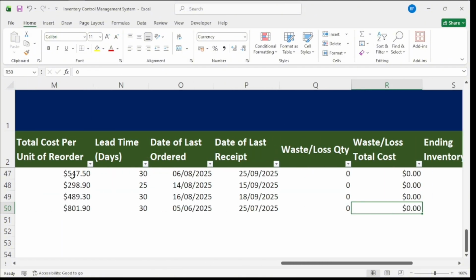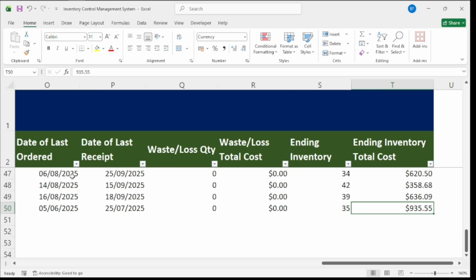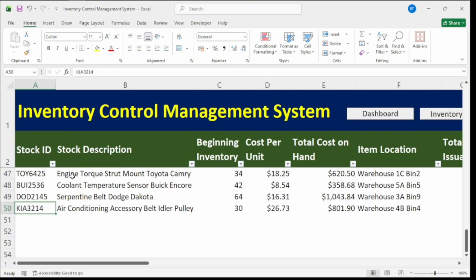And this is not just a small amount of money that you maintain in your stores, but a huge amount of money that you maintain in your stores. So you need the kind of tools that you need for your inventory control management. And in this